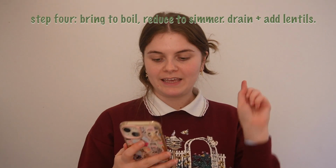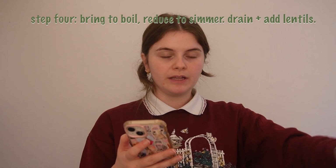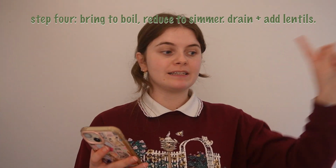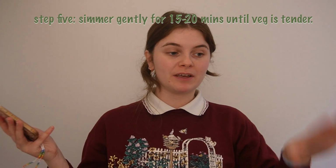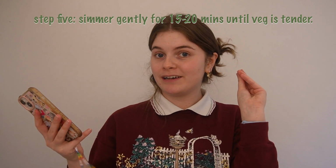The next step is to bring that to the boil, reduce it to a simmer, and then we can add our lentils that we've been cooking in the other pan. And then we're done for 15 to 20 minutes while it all cooks until the vegetables are tender. Now, I did make a bit of an error because yogurt wasn't on the list of ingredients, so I didn't buy yogurt. But the next step after that is while this is cooking, mix together the coriander and yogurt and put in a small serving dish. Now, I don't have any yogurt, so I'm just going to have to serve some coriander on top or maybe put a bit in the soup. We're just going to have to